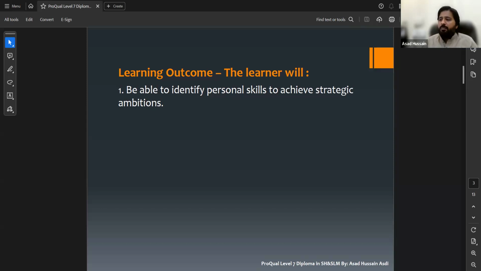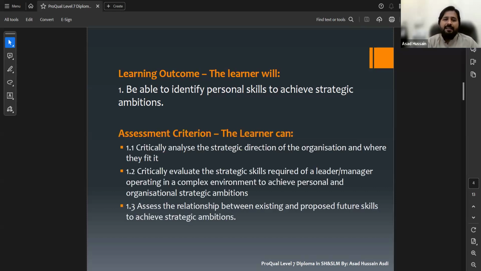So ambition is a strong desire for achieving something. They want to achieve strategic ambitions. So this learning outcome is about identifying personal skills.